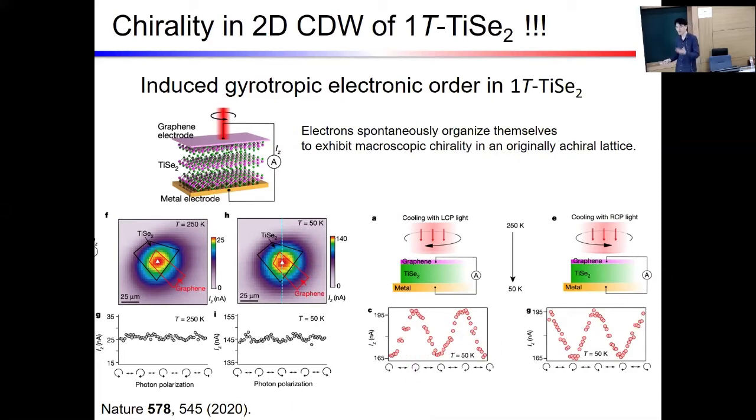Then they warm up, then basically reset, and then they change the polarity of the circular polarized light. Now it's the right chiral circular polarized light. Then they cool down, and we see a different response. Then they finally confirmed that titanium diselenide has a chiral form